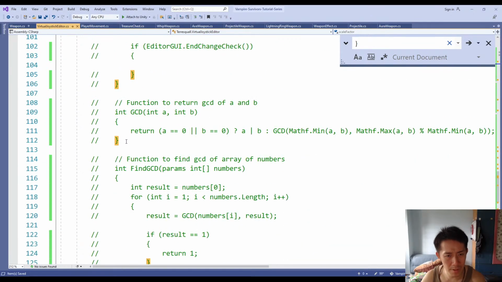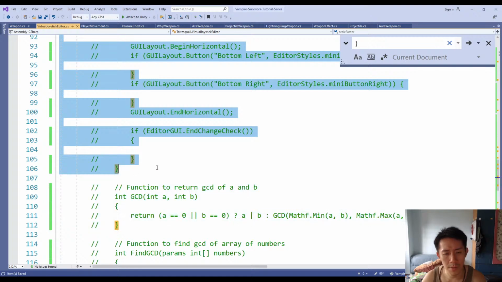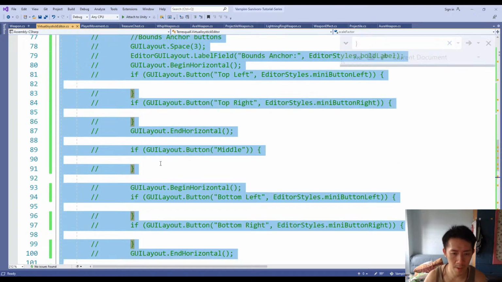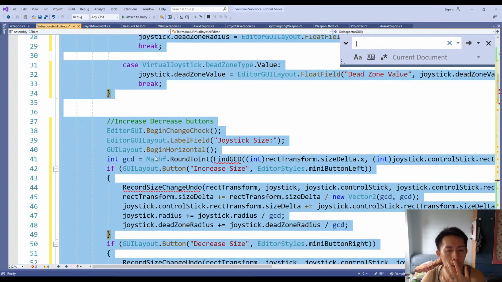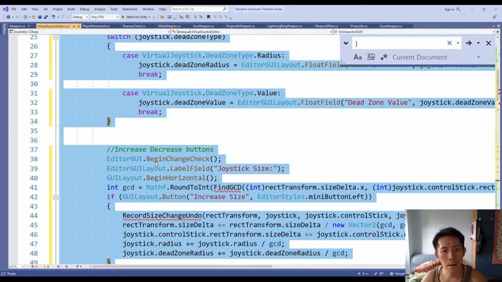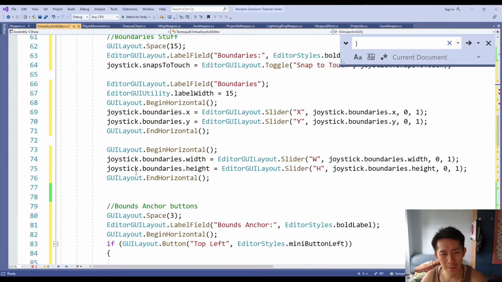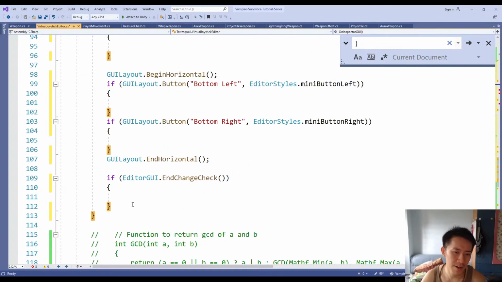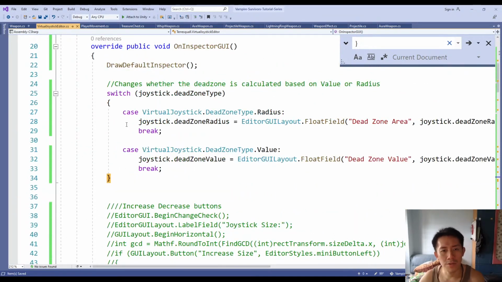All the way up to here, I think. So let's just slowly unpack this function right here. If I uncomment just this part here,